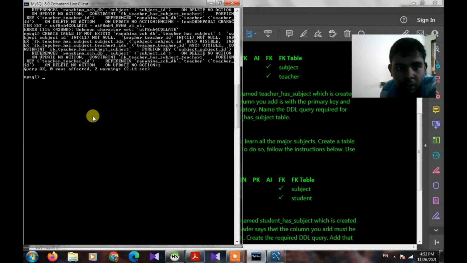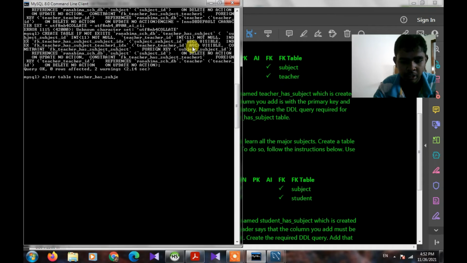So we type alter table, then the table name teacher has subject, then add id int not null, and it should be a primary key, auto increment.